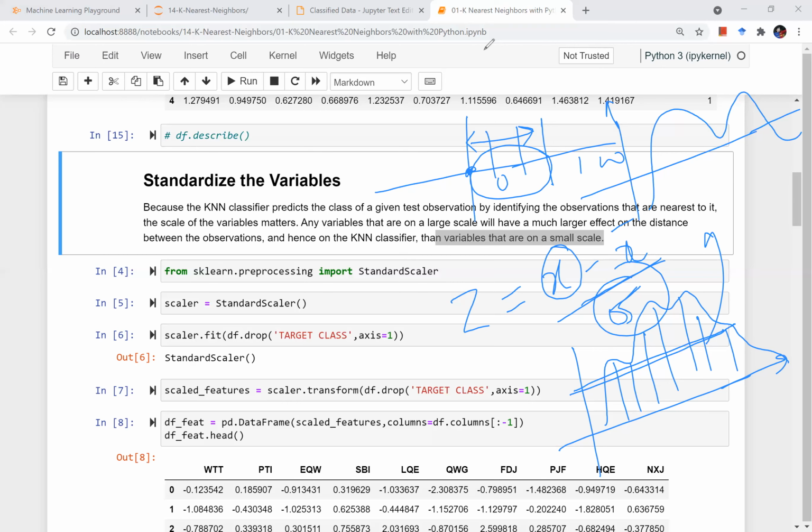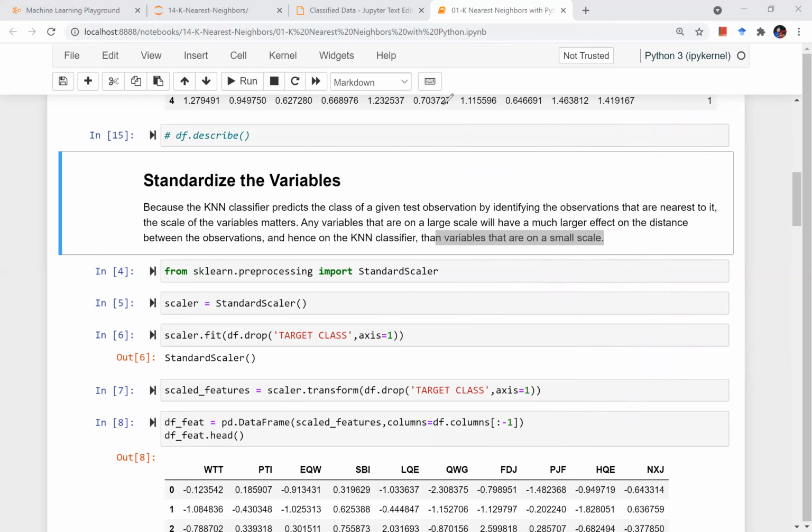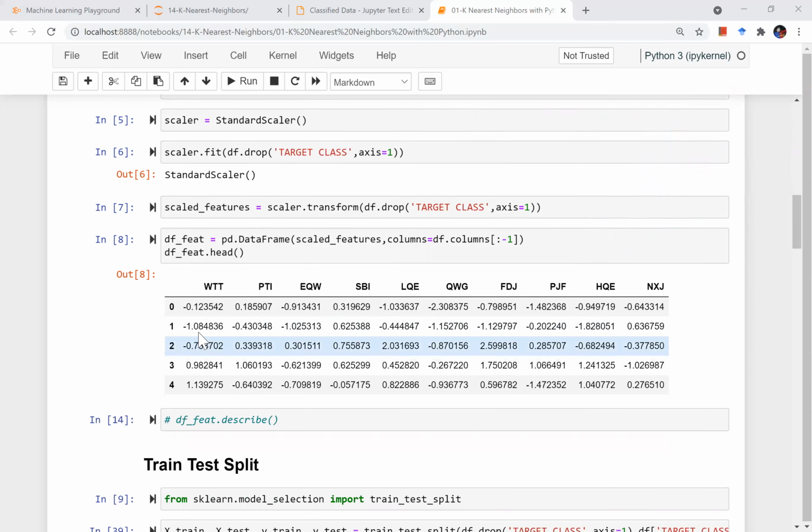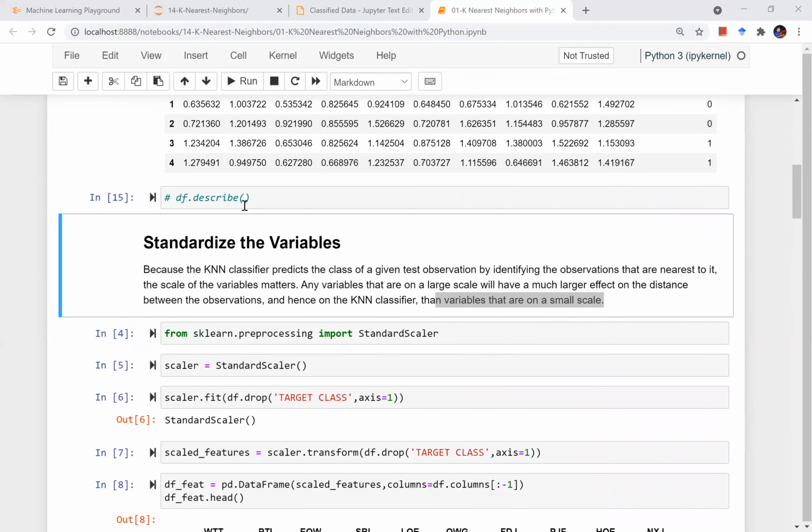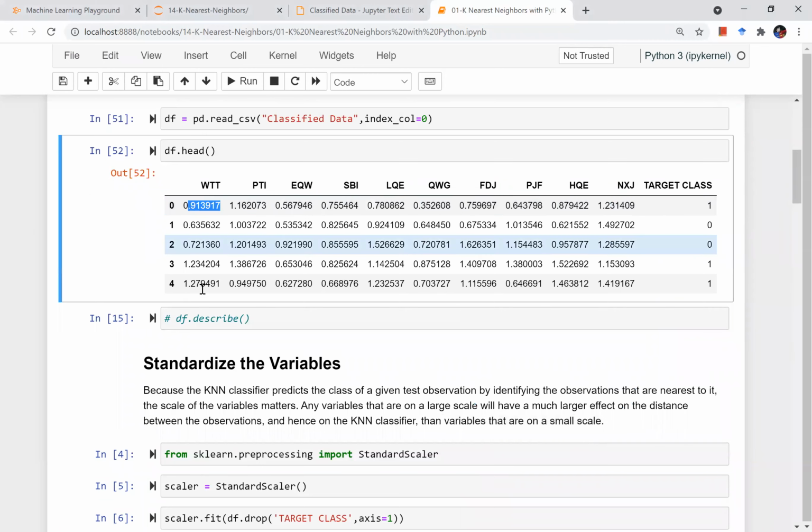So let me clear all my drawings. For performing all this, each and every value will be subtracted. For this value, we will subtract the mean of this column and divide it by the standard deviation, so I will get a number.